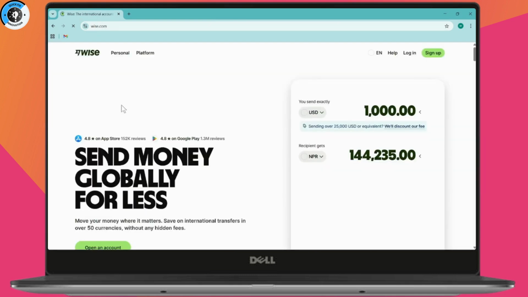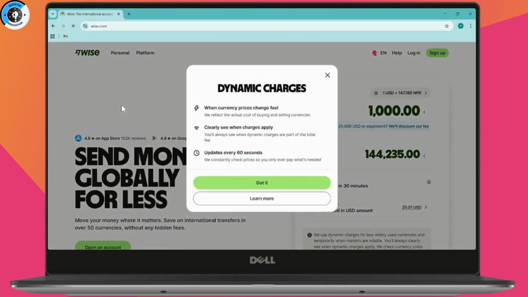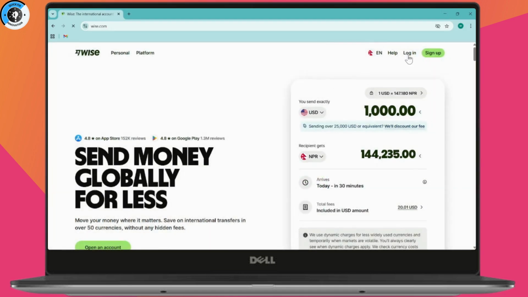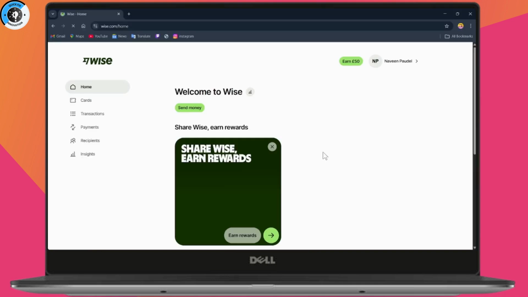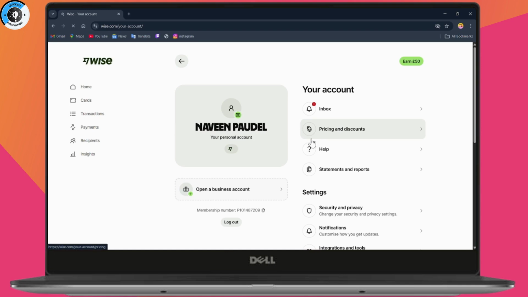If you do have one, then you need to make sure to log into your Wise with the right credentials. So go with login, which will be in the top right, enter your credentials and log into your account. After that, go ahead and select your name in the top right corner, and then you need to scroll down,